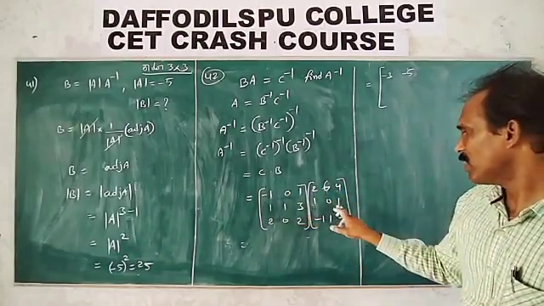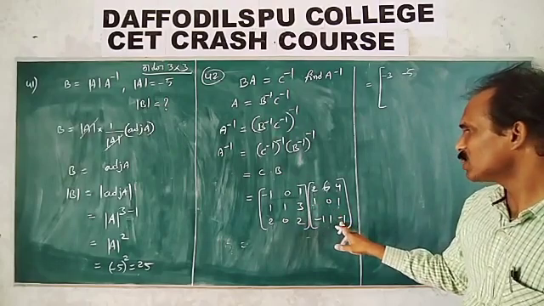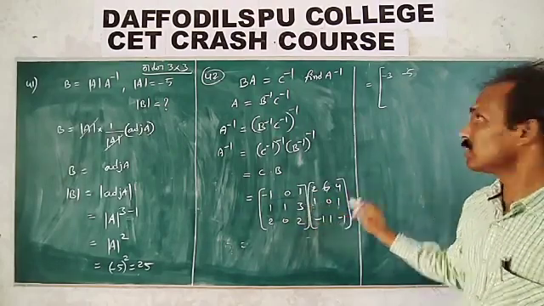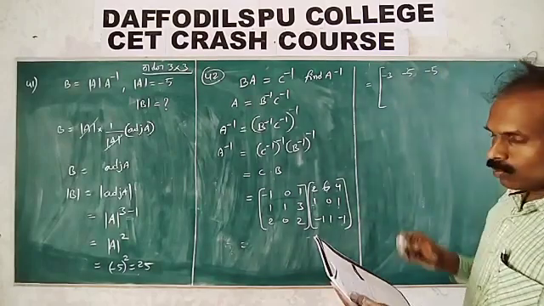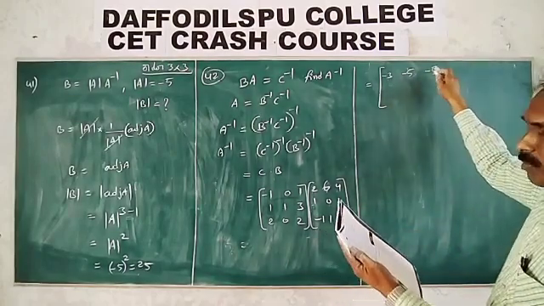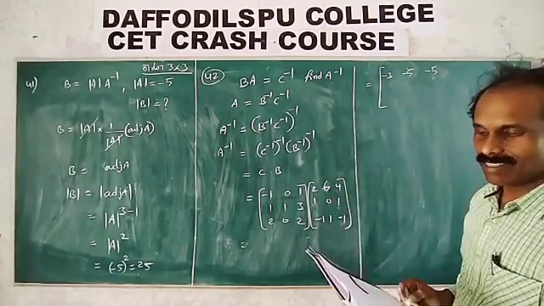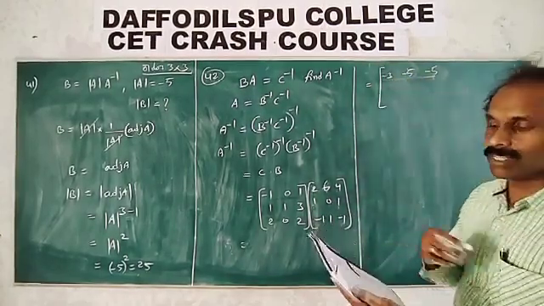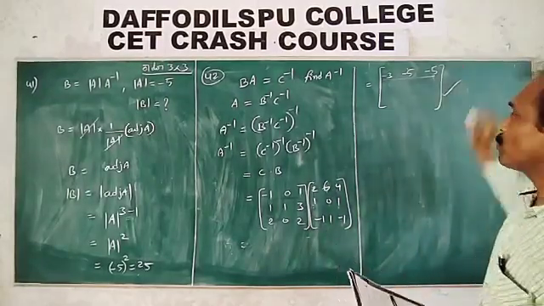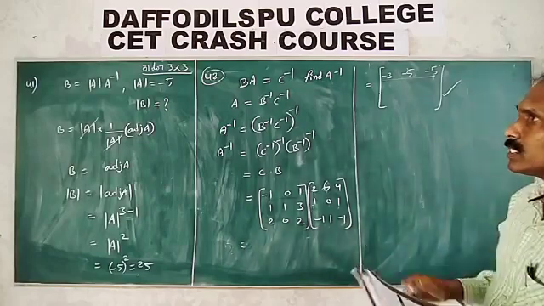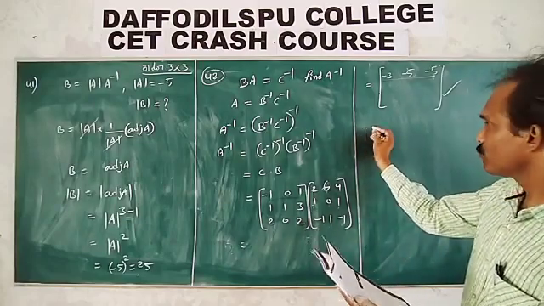Minus 4 plus 0 minus 1, so the answer is minus 5. Which option has minus 3, minus 5, minus 5? It is option 3. The first 3 elements coincide with the third option, which is enough to complete the problem. No need to check the remaining elements. Save time. Next, question 43.